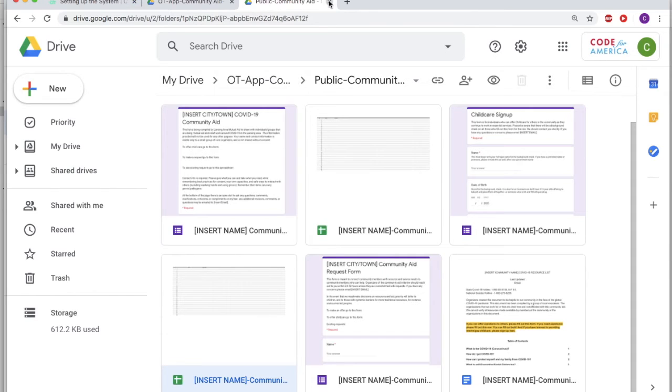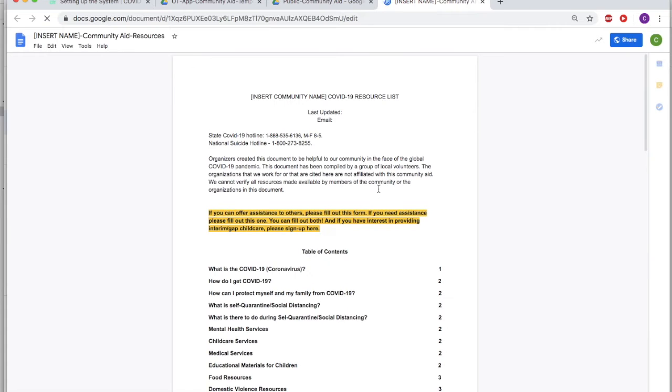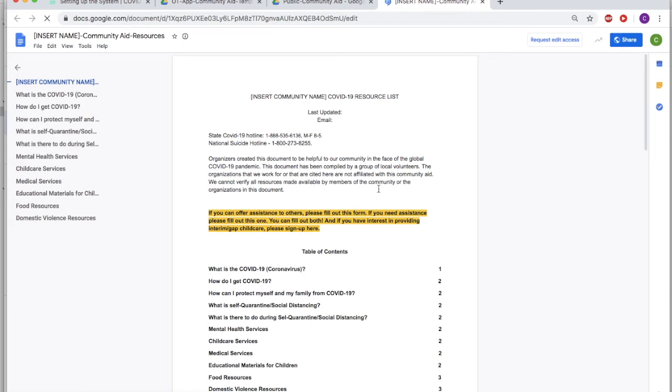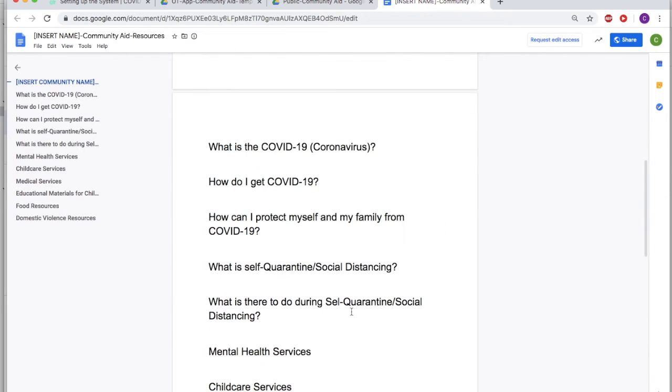Now, the last thing that you will find in the public-facing folder is a resource list. The reason why we have chosen to use a document instead of a spreadsheet is so that we can give better written out instructions to our community. This way, they can go ahead and scroll down the table of contents to find information that is uniquely important to your community. We have not gone ahead and filled out any of these